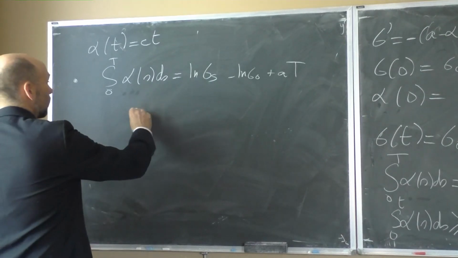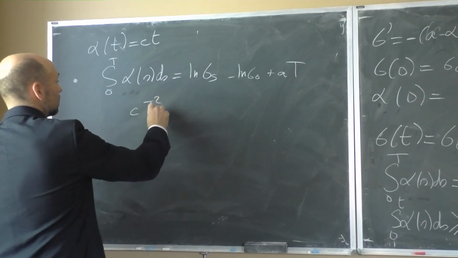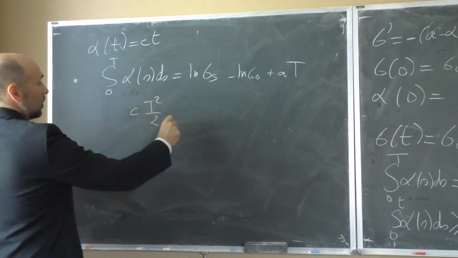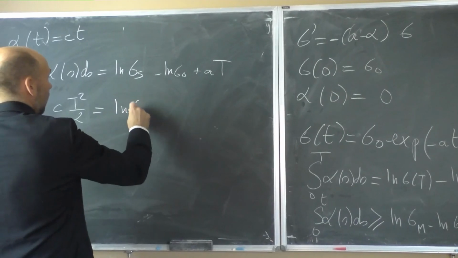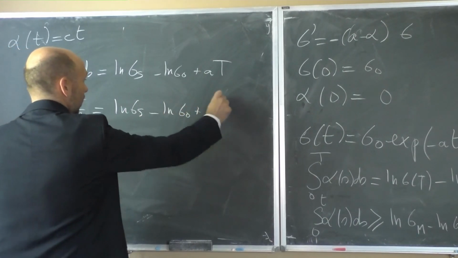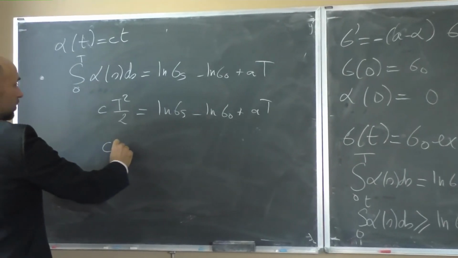So right, this is c T squared divided by 2. So I get c equals